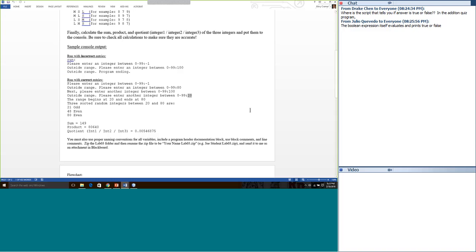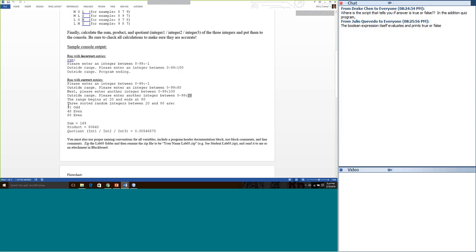It's 80 to 20. I want you to print out the range, but I want the range to be in ascending order. I don't want you to say the range begins at 80 and ends at 20. I want you to say the range begins at 20 and ends at 80. So for each of those numbers coming in, you're going to have to determine which one is bigger and which one is smaller, and then put the smaller one first and the larger one last in this output statement.